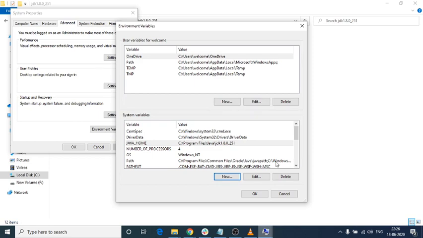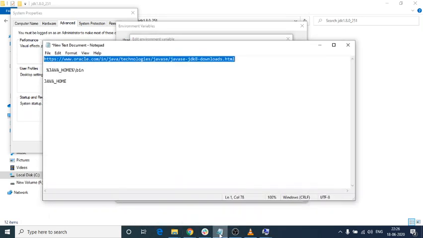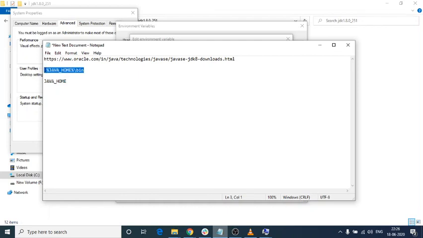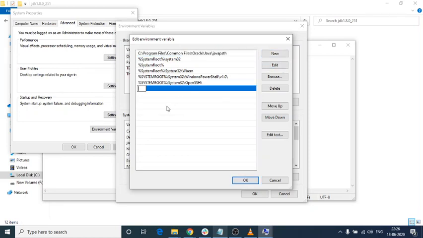Now you need to set the path for this. Whatever I copied, you need to paste here in the path. Ctrl V.